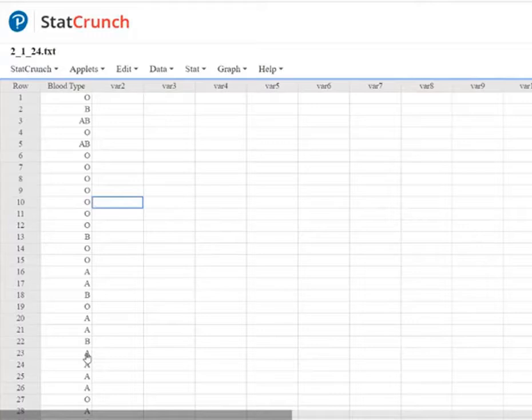So again, I've given you on your handout the basic steps for being able to create a frequency and relative frequency distribution, and also a frequency or relative frequency bar graph. So let's do both of those on StatCrunch here. So for this blood type data, I want to create a frequency and relative frequency table. So to do that,